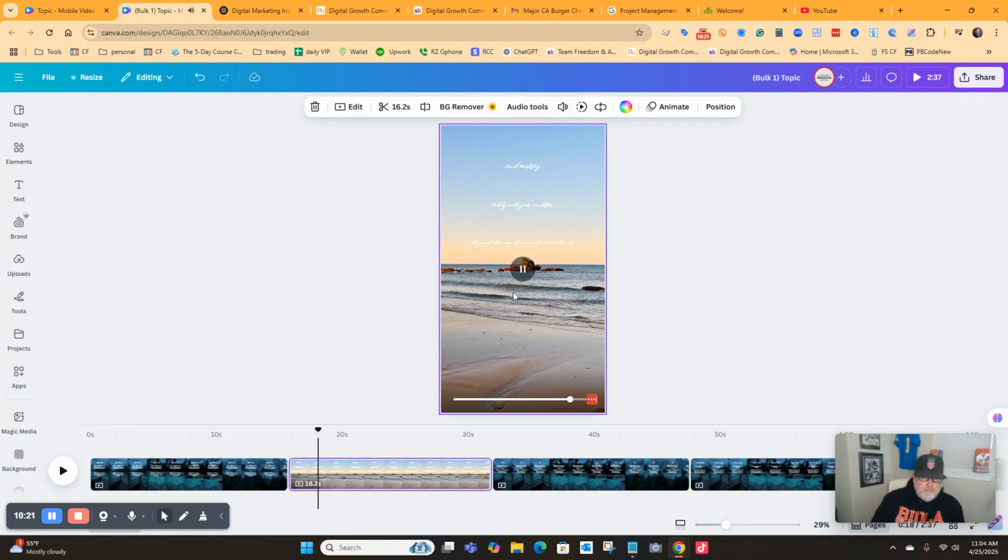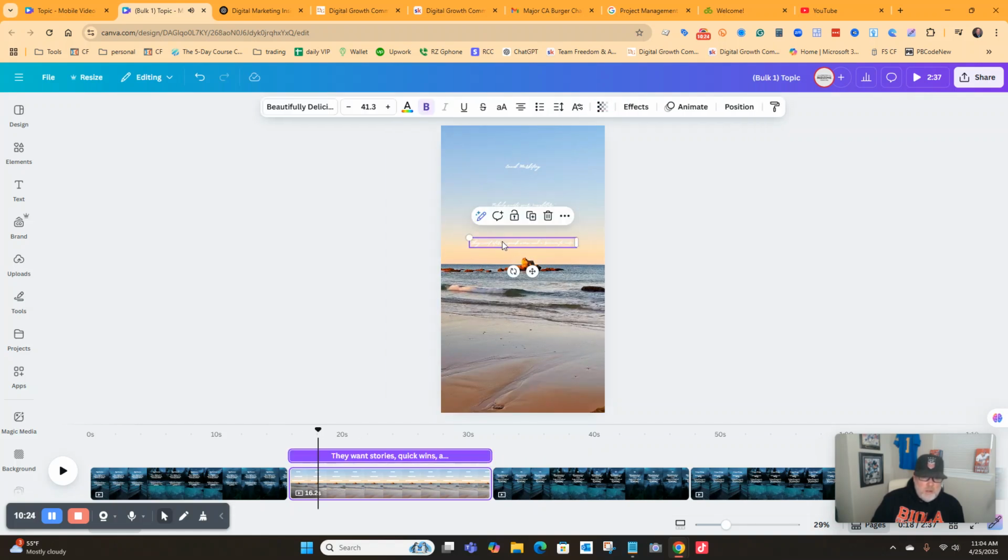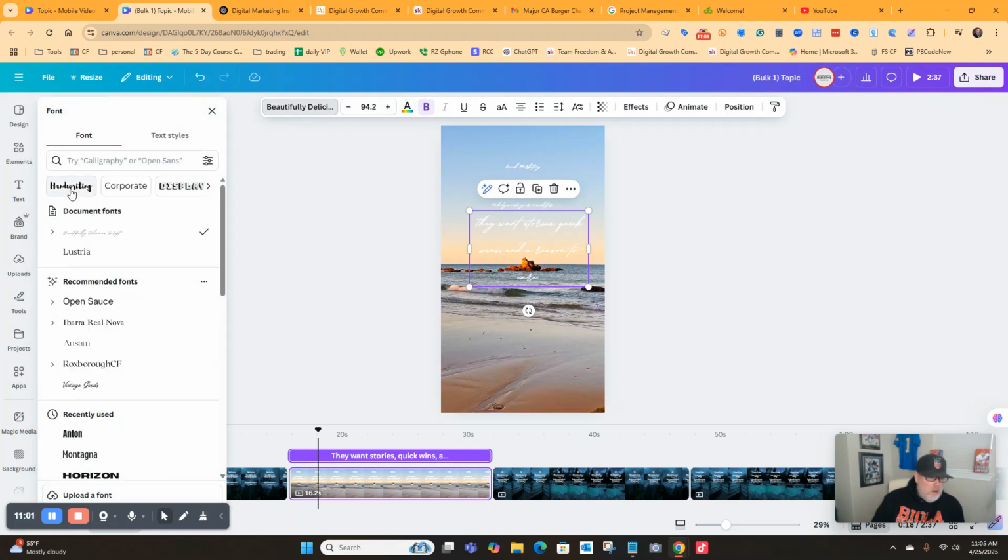Okay. Now this font's hard to read, so you might want to make it bigger. You can increase the font size up here, or you can change it. But you can see how it changed the font for you here. So let's see. Obviously, that's not going to work, right? But we like the size, maybe, of that. But maybe we'll change the font here to